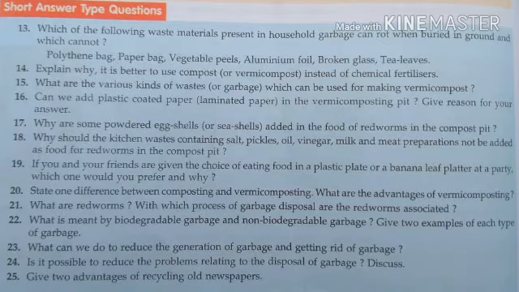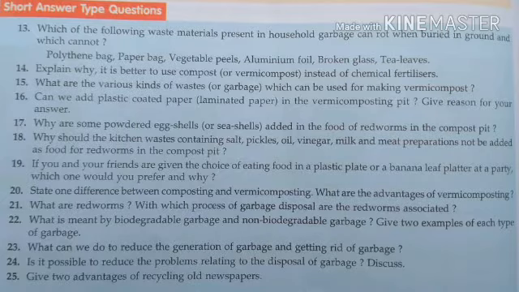What are the various kinds of waste or garbage which can be used for making vermicompost? In making vermicompost, we use particularly plant wastage as well as animal wastage. Along with these, household wastage, like kitchen wastage such as vegetable peel or leftover cooked food, can be used for the making of vermicompost.